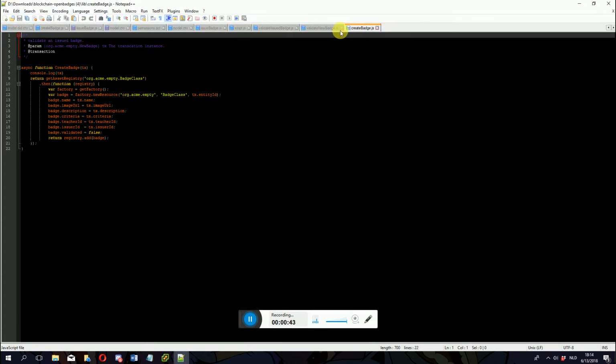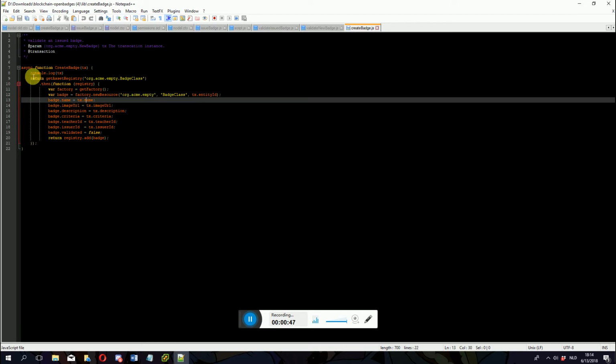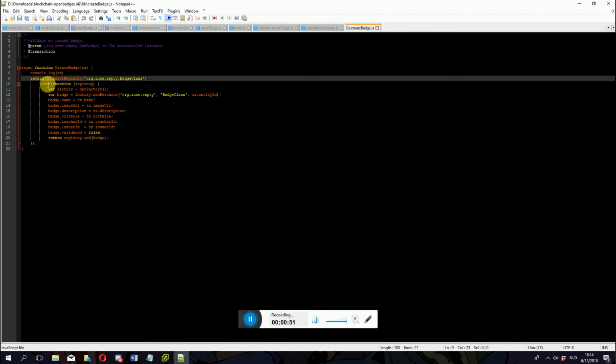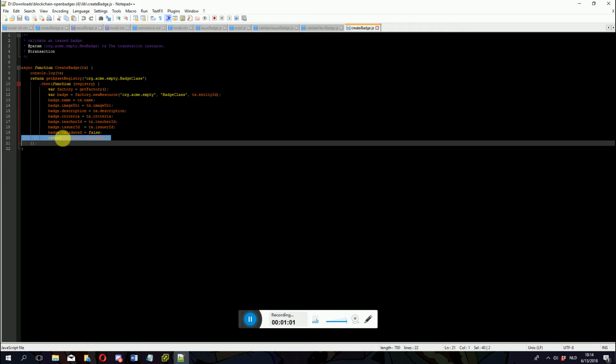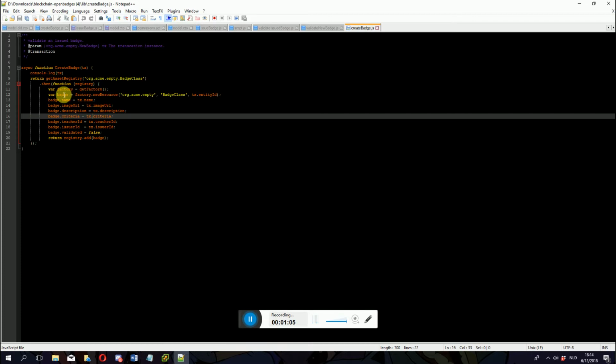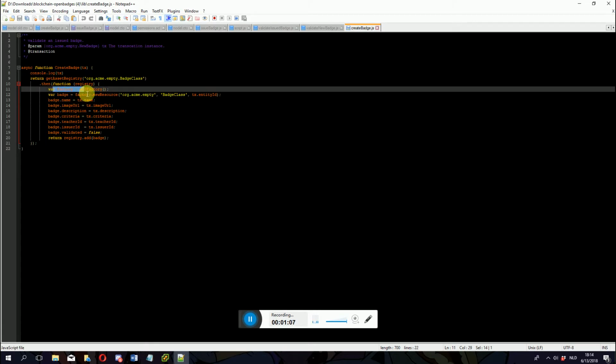Let's see, where do I start? So I'll start at create badge. Well, first it just logs it. That was for ourselves. After that you return the edit registry badge class. This looks kind of weird, but you need to do return here because you also return it in here. So this code gets executed first. We use our factory and